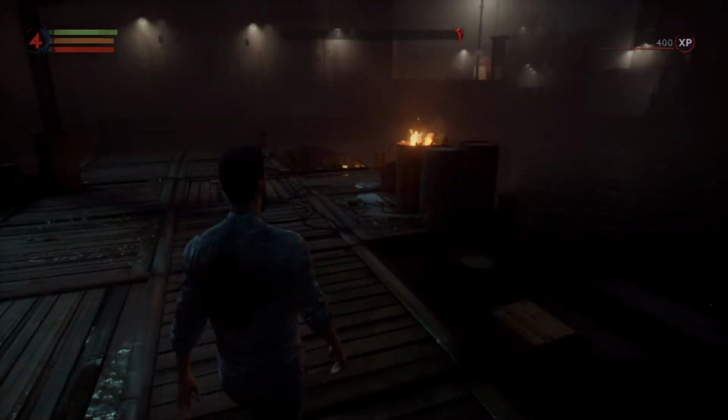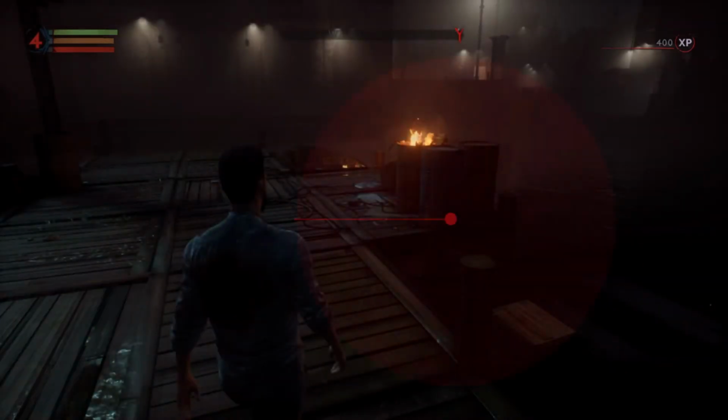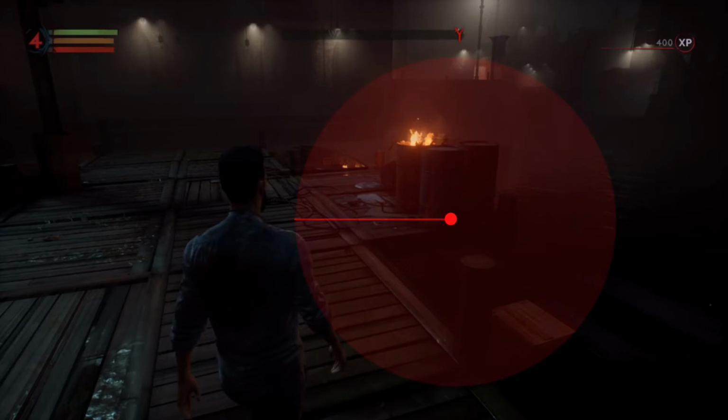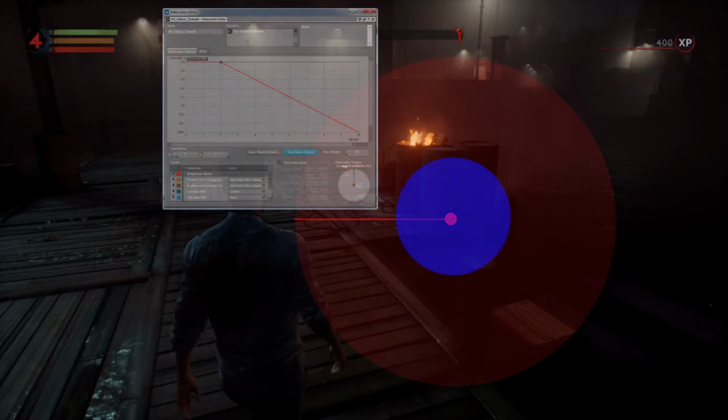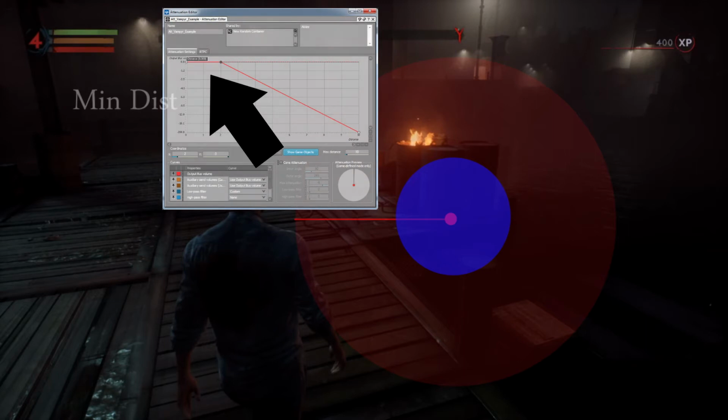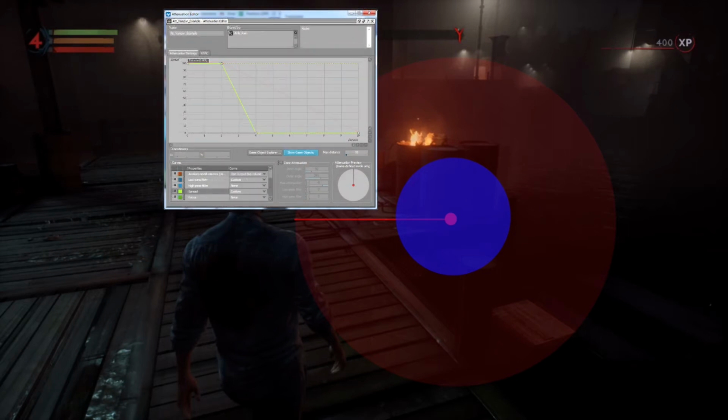So a sound located here, as an example, normally has a radius within which it plays, like this. Sometimes, the volume is set to be constant within the first couple of meters. This is what some call the min dist, or minimum distance. We also adjust the spread to have a value of 100 in this area, but fade to 0 beyond this point here. This is what causes the sound not to pan when we are closer than this to the